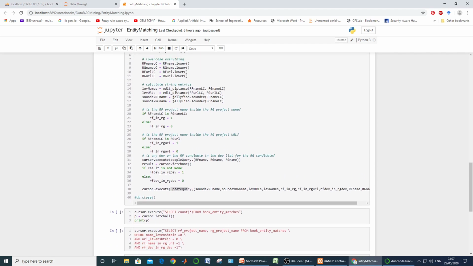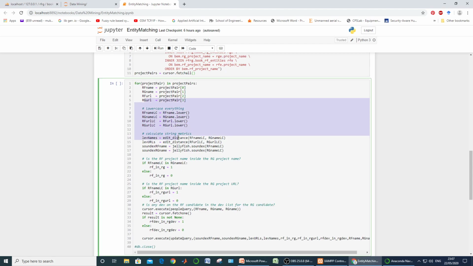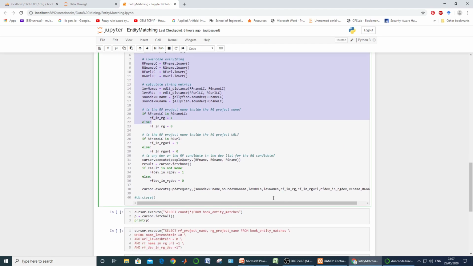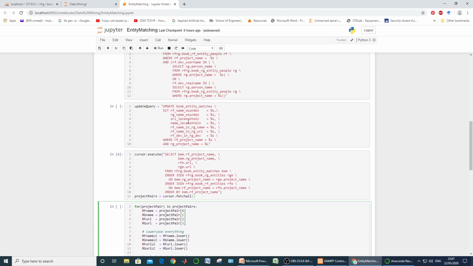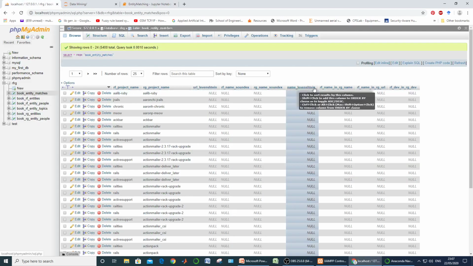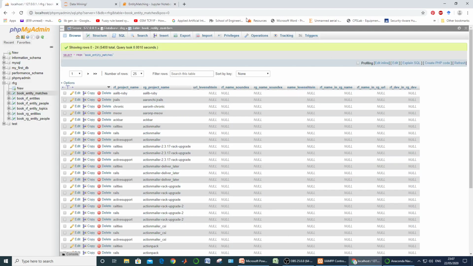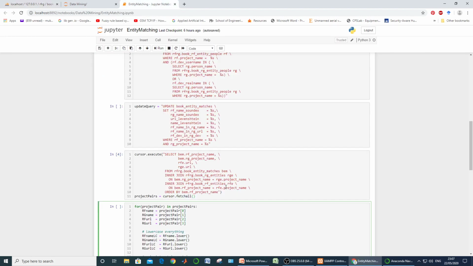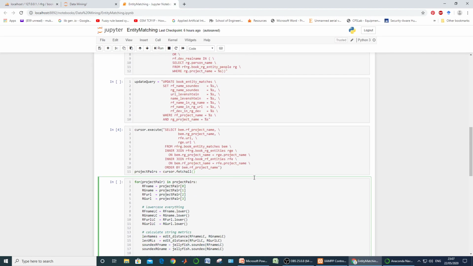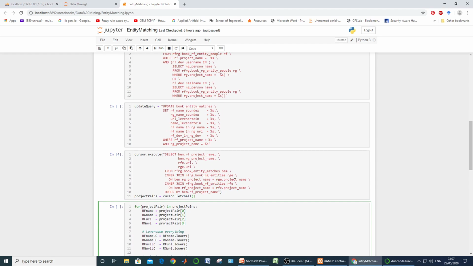We have just calculated all these here. So all these are to be passed as arguments, and it will be updated using the update query. So the update query will be modifying all these fields. These all fields will be taken care of and updated by using the update query.